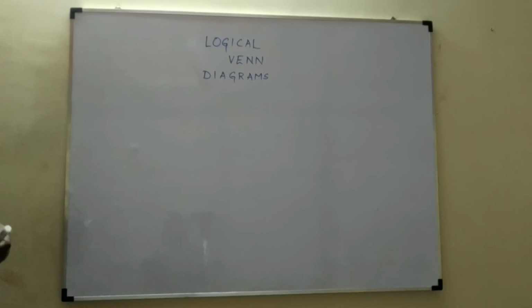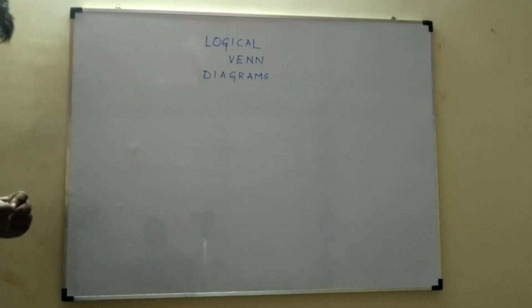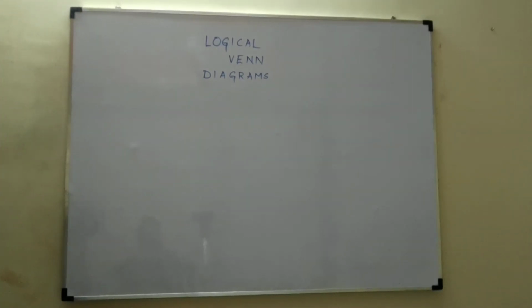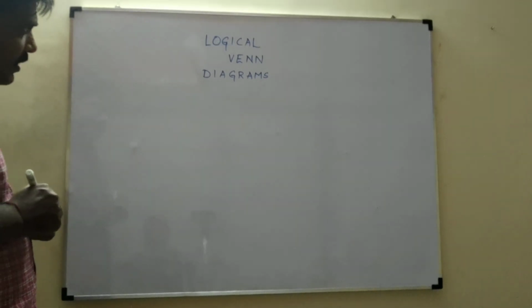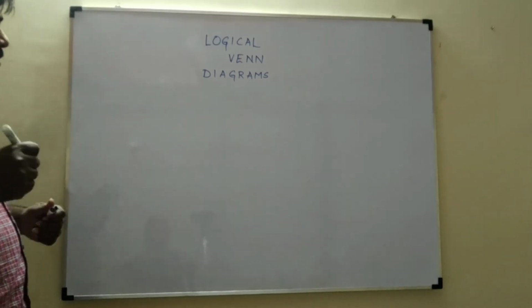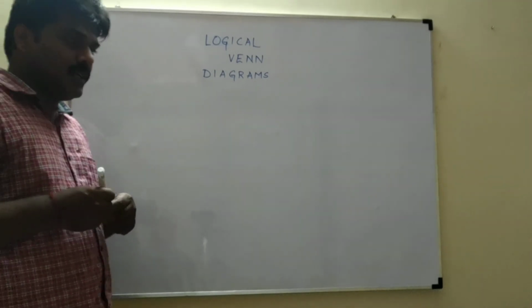Right? So we are having the exam on 27th, so I thought of revising all the topics once again. There are mainly 6 topics which have 50% of the weightage, and one such topic which comes every year for 10 marks is logical Venn diagrams. So what I am going to do is show you the different models of questioning from logical Venn diagrams.